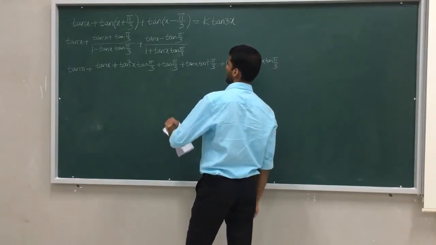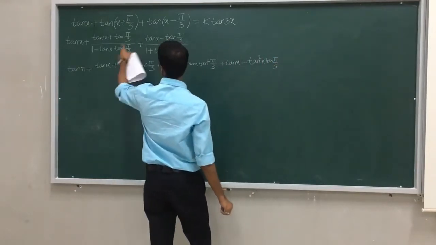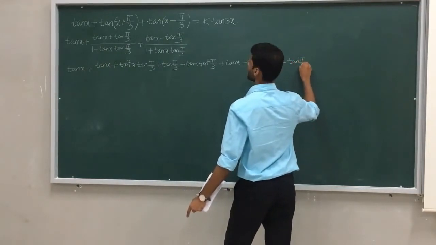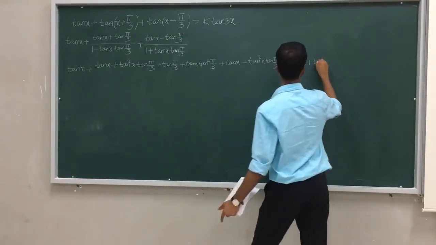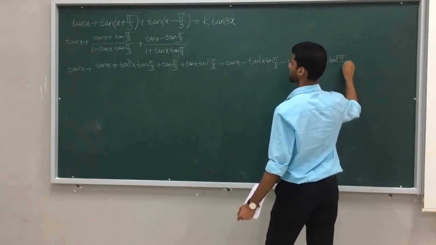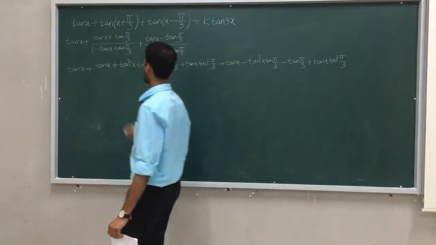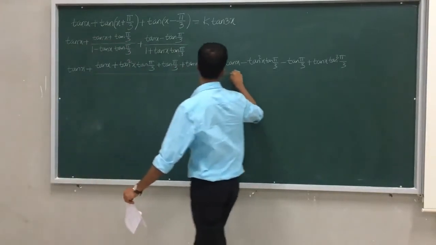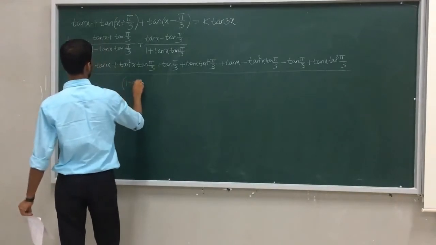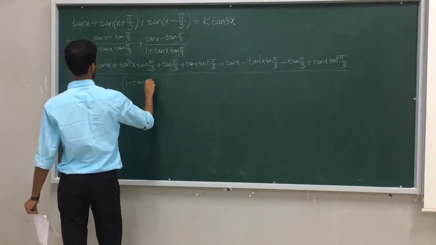Okay, then minus tan pi by 3. Then minus becomes plus, it is tan x into tan square pi by 3. Okay, whole divided by the LCM you all know, that is 1 minus tan x tan pi by 3